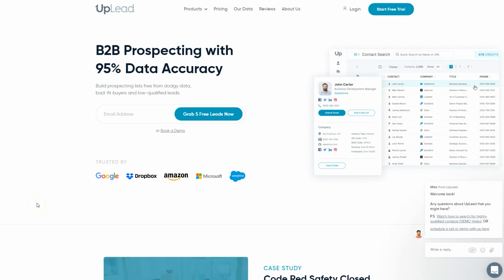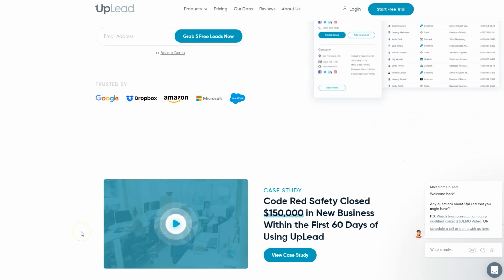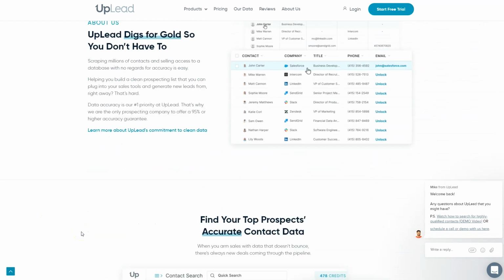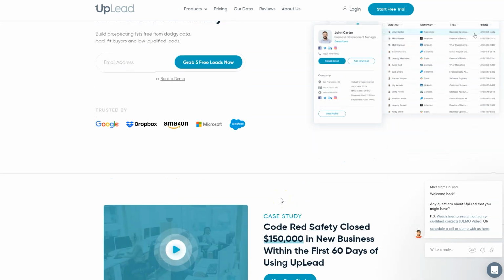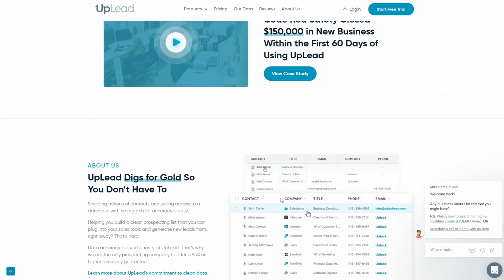Another one here, UpLead. UpLead, as it says in the headline, B2B prospecting with 95% data accuracy. They have some pretty good, up-to-date databases of information here. A lot of databases that you'll happen across have some kind of outdated information, and that's allegedly not the case with UpLead. You can grab names, first name, last name. You can figure out what their title or their role is at the company,